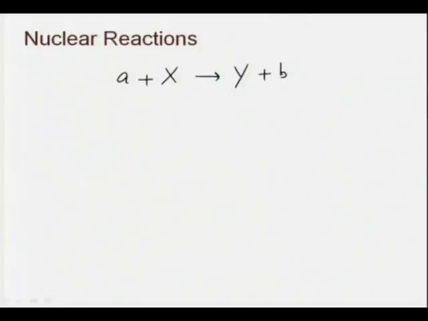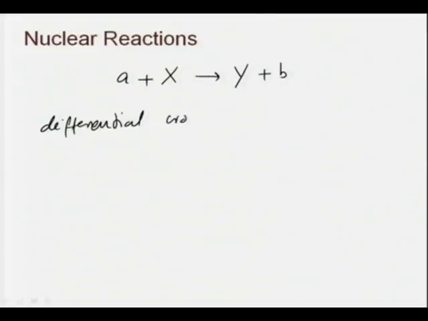We can also consider neutrons interacting with nuclei and producing some final state, either one neutron itself or something else, and accordingly either the same nucleus or a nucleus different from x. In such cases we said we can define what is called the differential